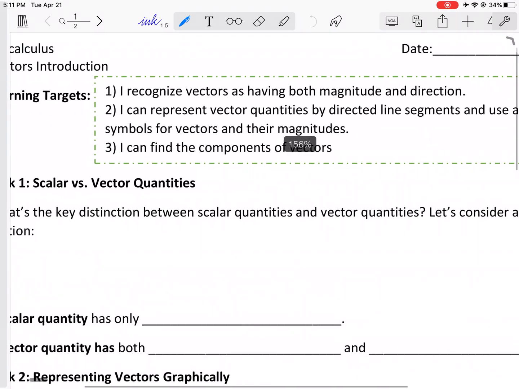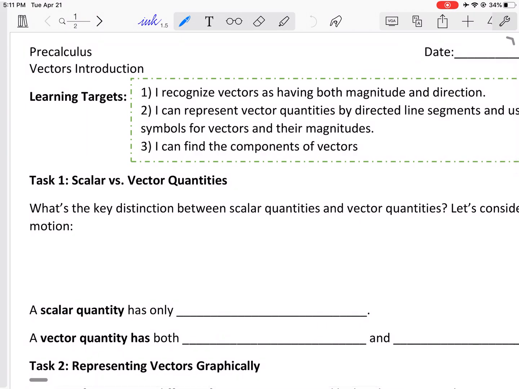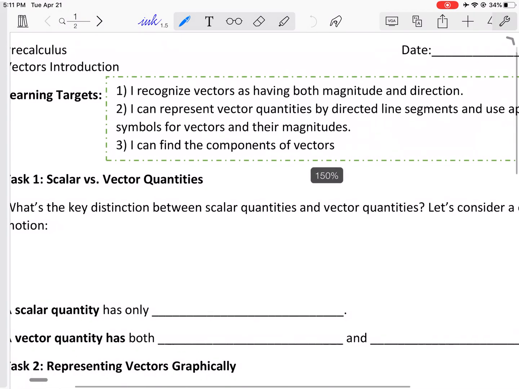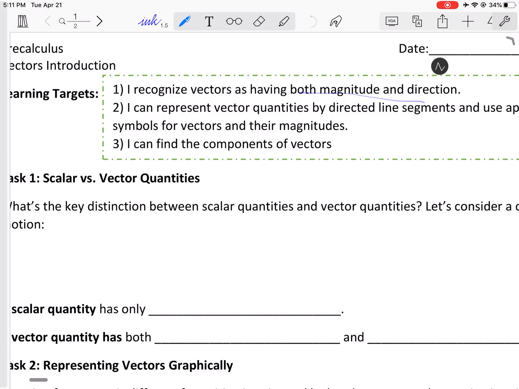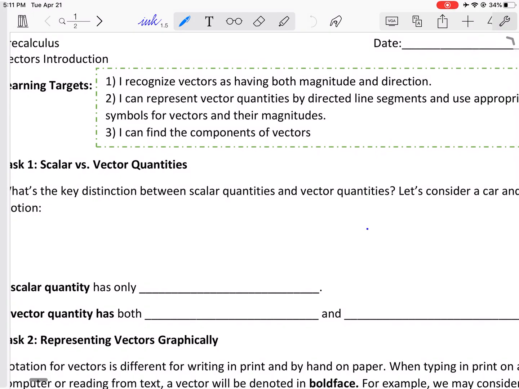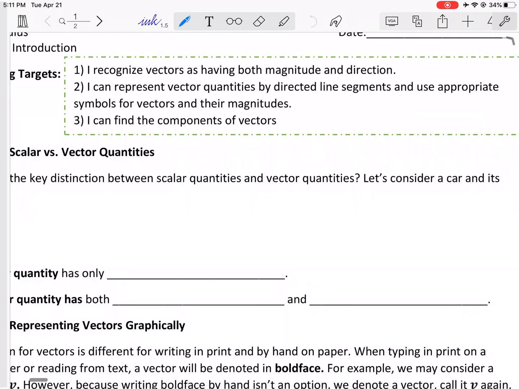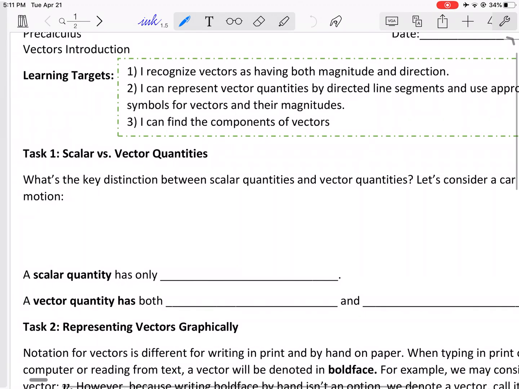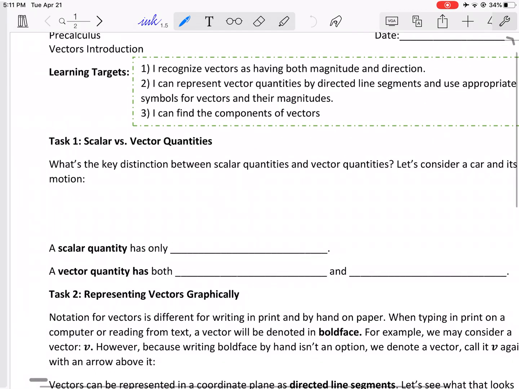What we want to be able to do here with math is to say that we can recognize vectors as having both magnitude and direction. We want to be able to represent vector quantities by directed line segments and use appropriate symbols for vectors and their magnitudes. And we want to say that we can find the components of vectors. I'll bring in some concepts from Angry Birds and some other realistic applications as we begin this